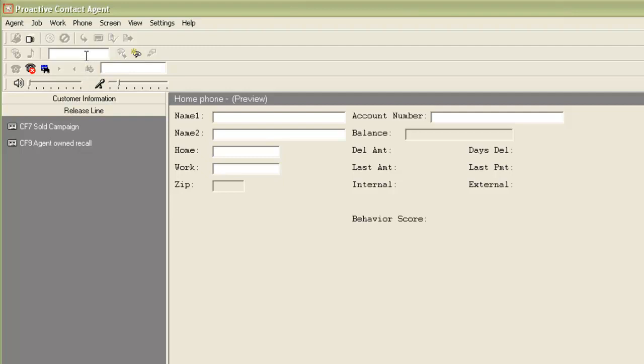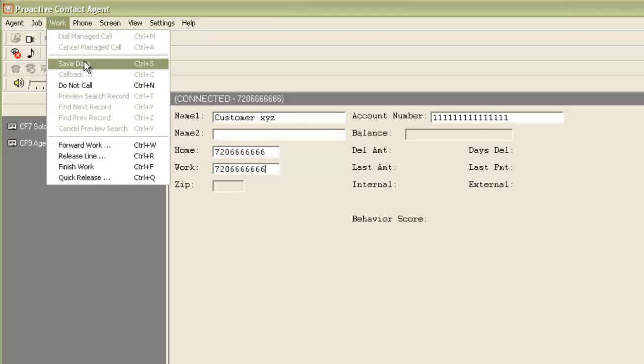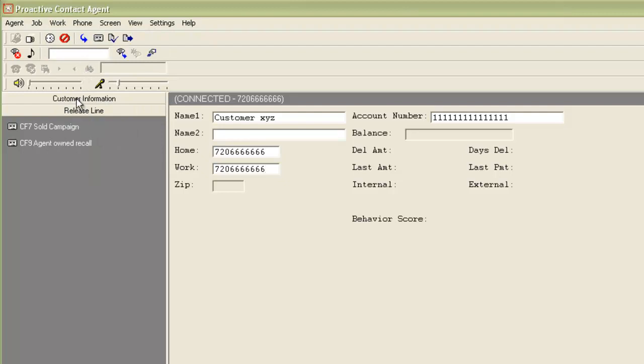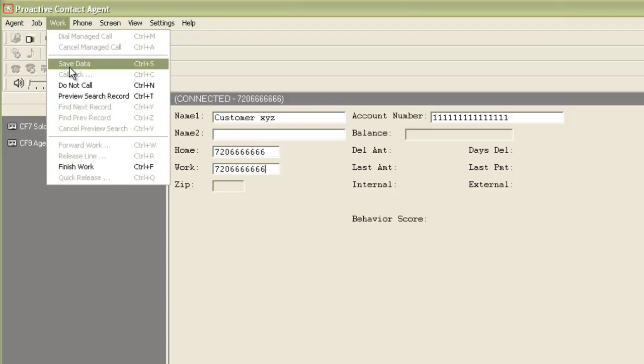Now there is another thing that you can do with the hash method. Let's say the agent has a customer to call whose record is not in the calling list. So the agent can actually put the phone number in the manual call box, place a call to that customer, and if he wants, he can populate the data on his screen like the name of the customer, the phone details, etc. He can save the record. And when he releases the record, this record will get appended as a new record in the calling list.